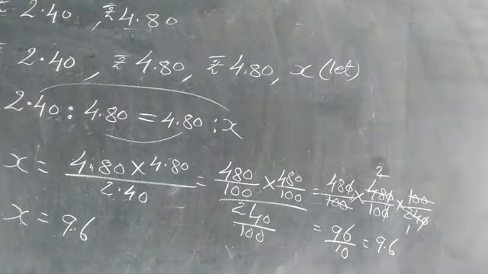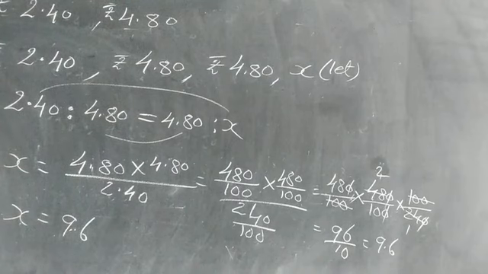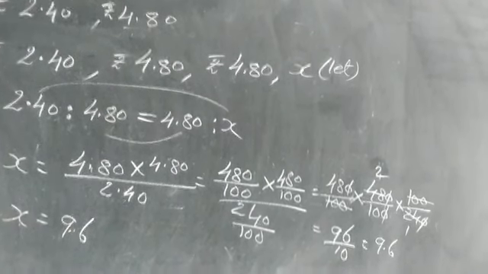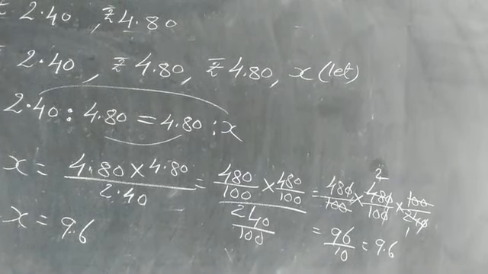With this, the 7th chapter is completed, and next we are starting chapter number 9, percentage. 8th chapter is not there. What is called percentage? Out of every 100, as you know from last year, that is percentage. So in this class you will be doing sums about percentage. Thank you for today.